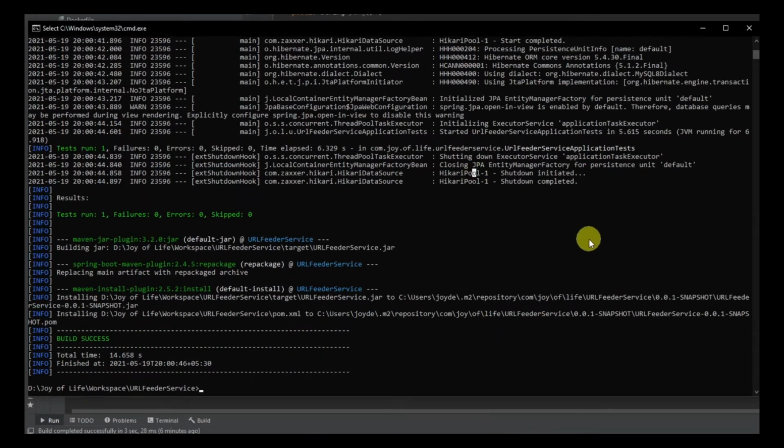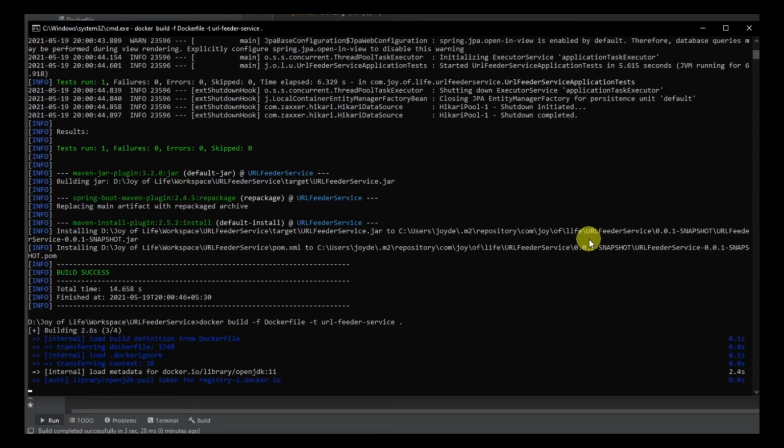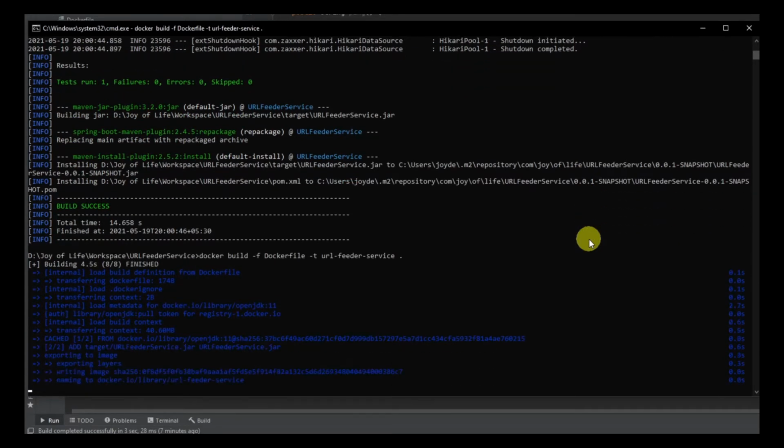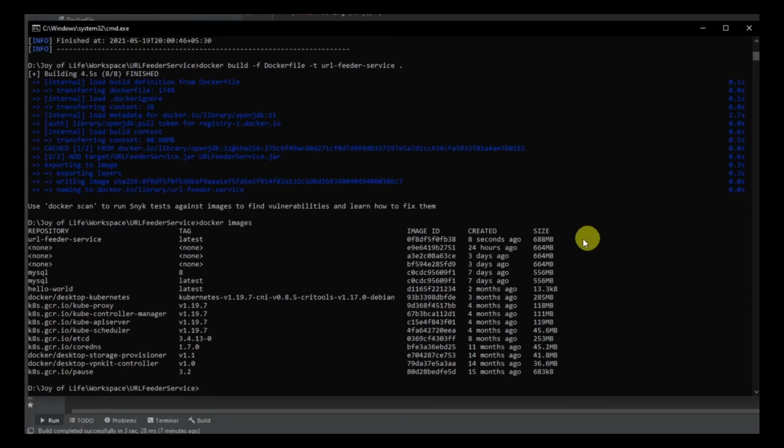Now what we'll do is we'll use the same command. You have to run it from this directory. Don't forget you have the Docker file inside this. The same command that we have used yesterday, nothing else. So the image is built. So let's check on the Docker images. So you can see it's about 8 seconds ago.